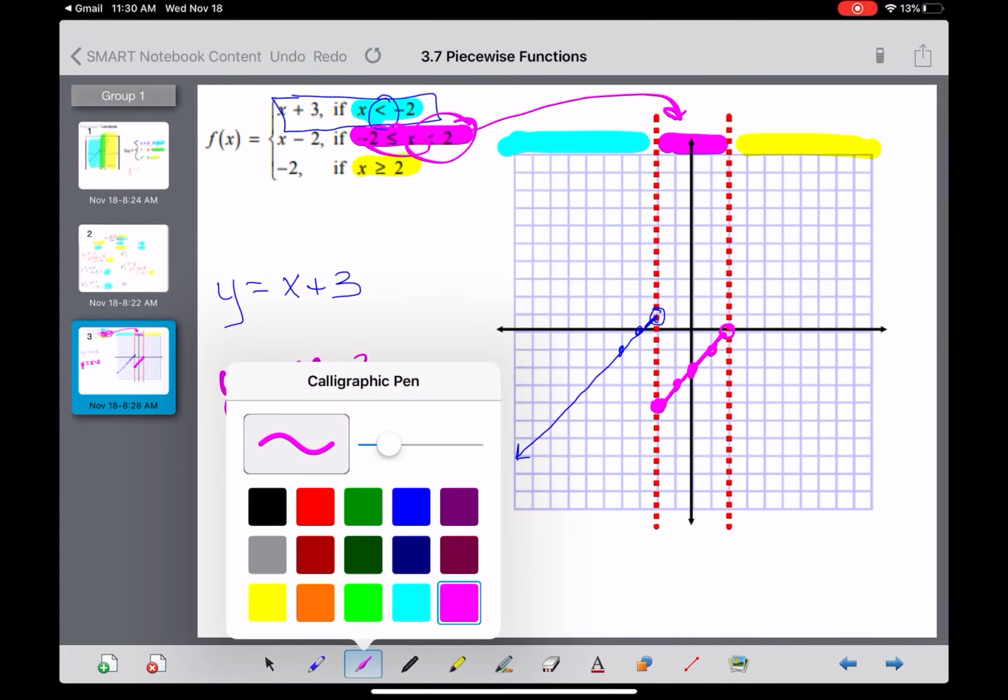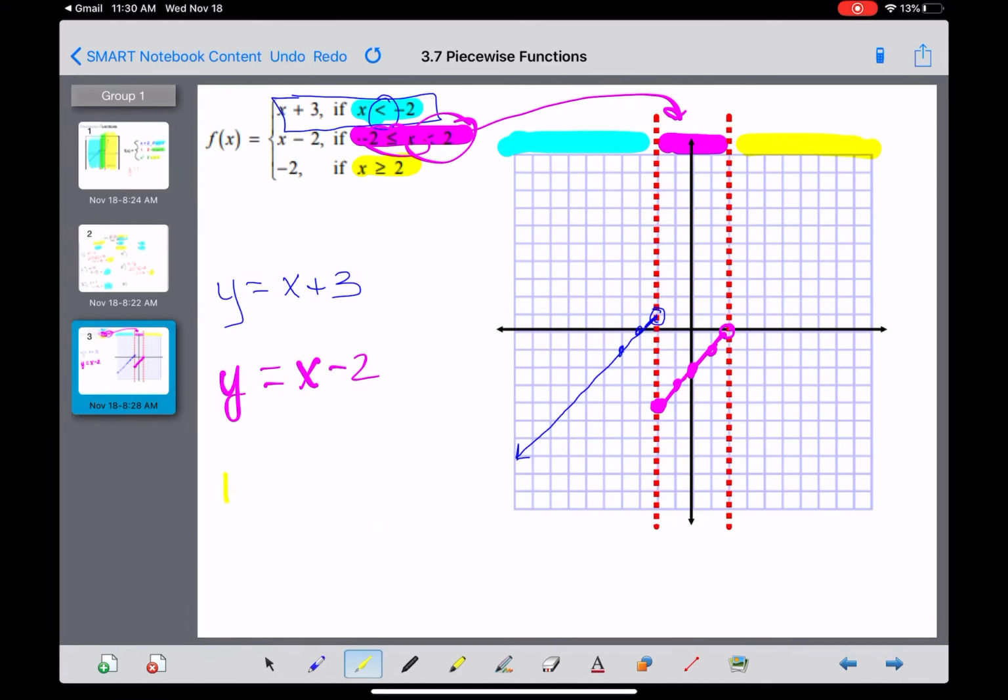And our last line is y equals -2. So that means it has a slope of 0, so we're going to have a horizontal line. My y-intercept starts at -2, and then I know it's going to be on the right-hand side of my domain, so I'm just going to extend out in that direction and create my horizontal line. It is going to be a closed circle because of the equal to symbol, and I'm going to get rid of those yellow dots that I put